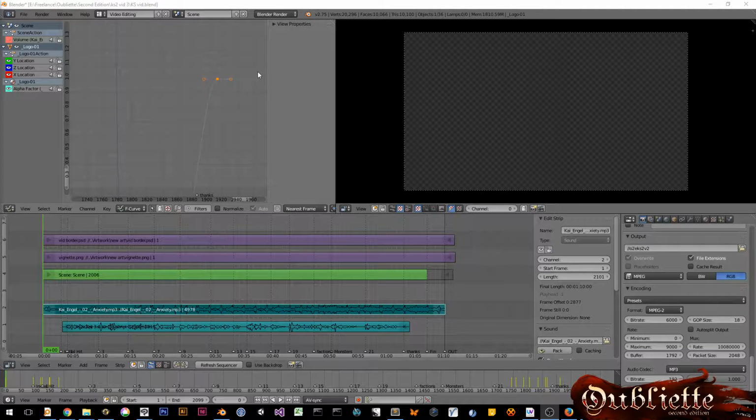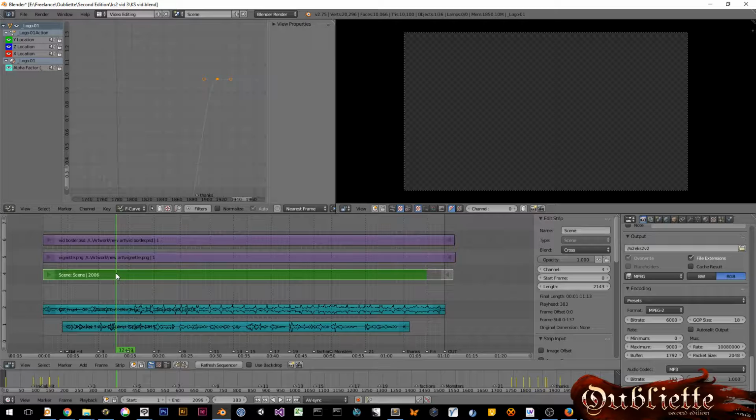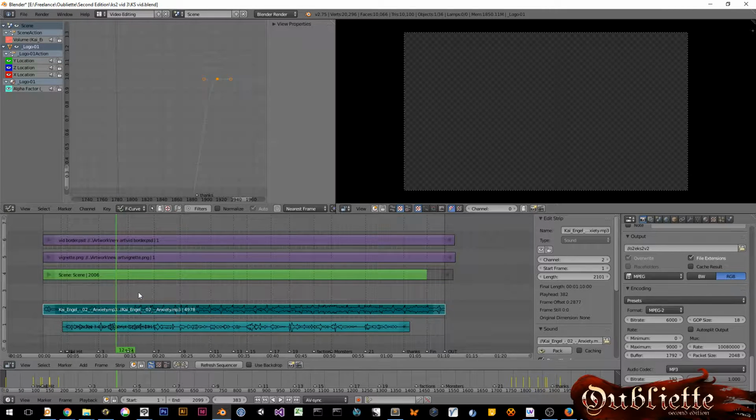So here we are in the video editing setup layout in Blender, and this is where you would normally do clips and editing and intercuts and transitions and things like that, but we're actually not going to really do any of that in here aside from just layering things over top. So what you can see is here's the actual scene itself. This is where the actual video is going to come from, and then below that are the audio file